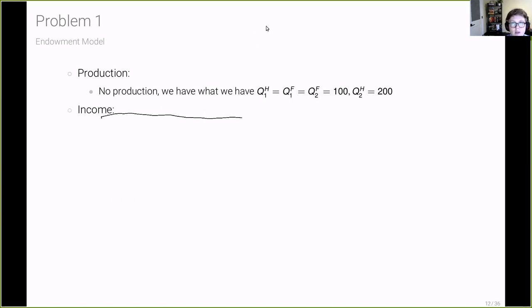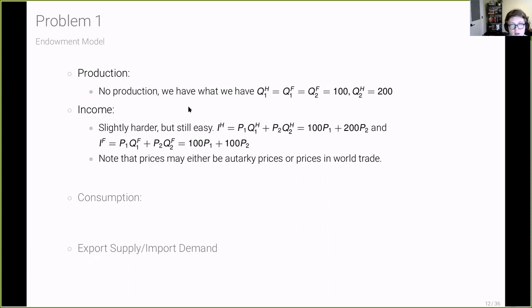So given that we already know just from the onset what we are endowed with in our country, it's fairly easy in the endowment model to come to terms with each country's income. It's slightly harder, but still pretty easy. Each country's income is just going to be adding up the value of all of the goods it's endowed with. So if we multiply each of the goods it's endowed with by their prices, where these prices can either be autarky prices or the prices when we open up to trade,